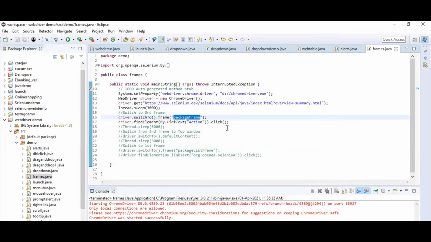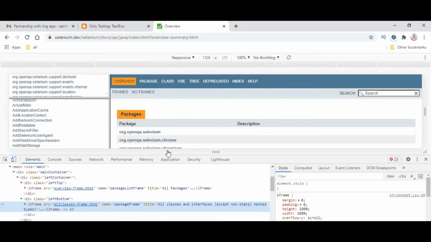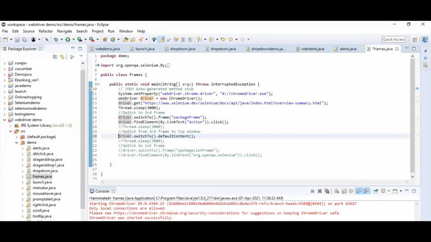So this is the first one, action. And the next one is if I want to switch over from that frame to default content. So default content is another method, which means that we don't know which is the default window. Out of these three, we don't know which is the default window. So if I want to move to the default window, I'm not going to perform any action, but I just want to